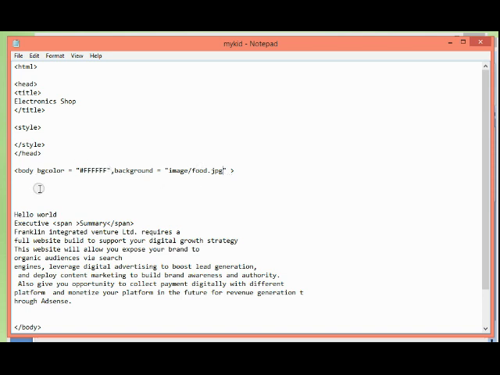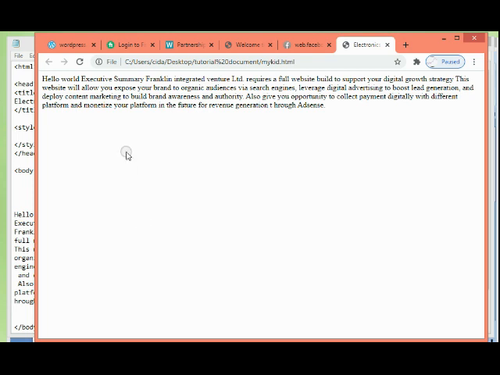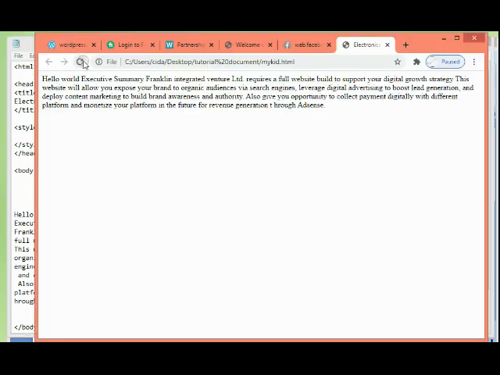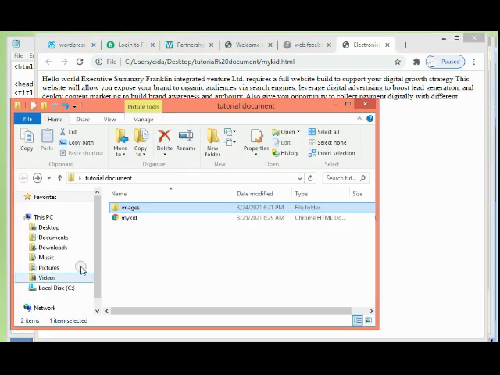We want to locate any image here and make the image appear in the background of our browser. So what we do is we go to the image directory where the image is saved. We right click on the image. We want to know the source. We go to the properties, and when the properties open, we click on details, then scroll down to file name. You see the file name,